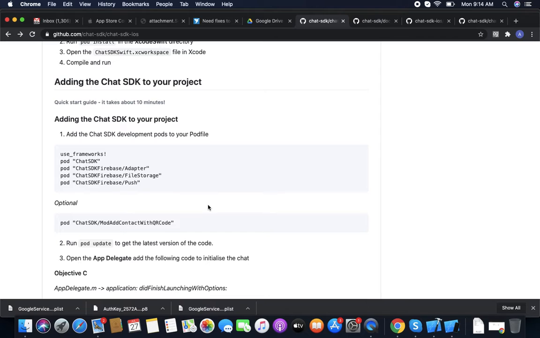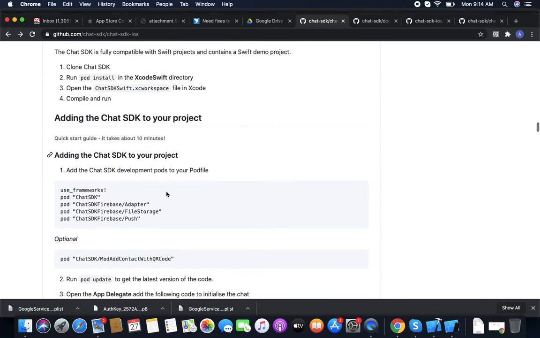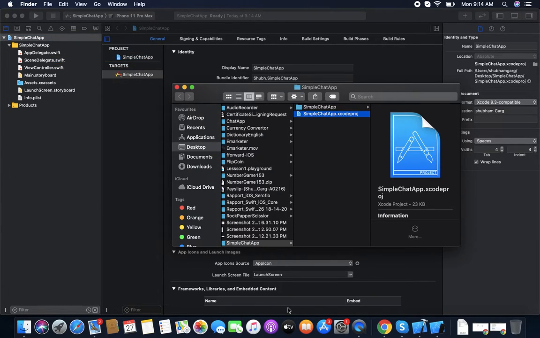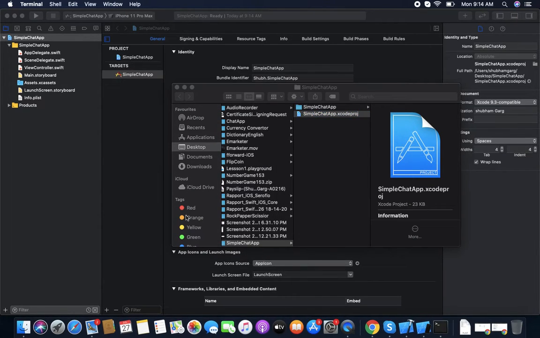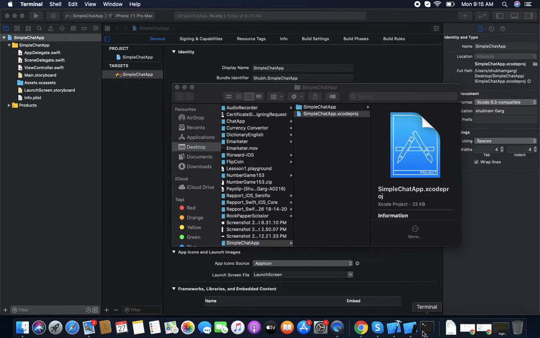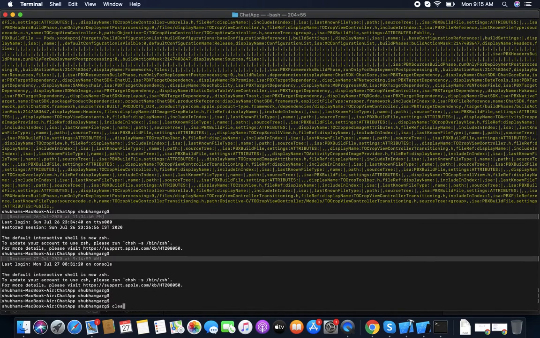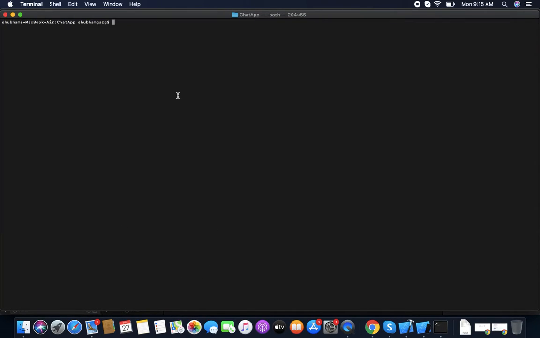So now let's see how we can use it. Basically, first, to integrate this library, you need to integrate the code. So copy this code, go to your project, find show in Finder, open terminal, clear the terminal so you can see it.